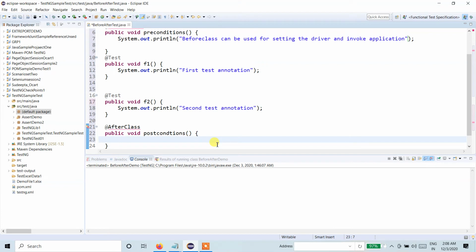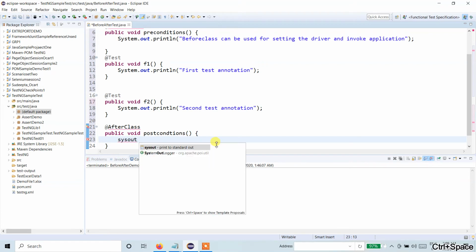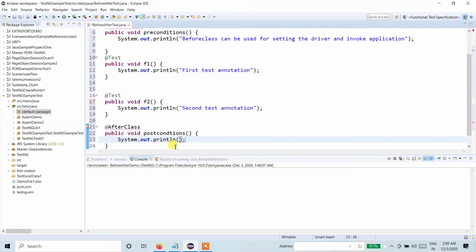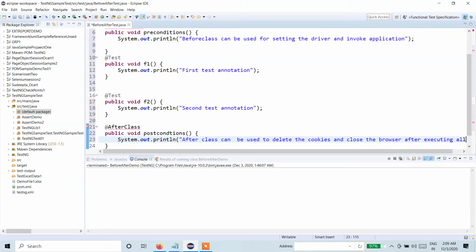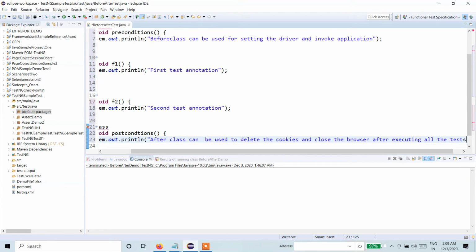I'm just putting in some dummy code, so no worries about what exactly I'm giving inside the printf statement; I'm trying to put some meaningful statements within it. So this is the job of the BeforeClass annotation and the AfterClass annotation.